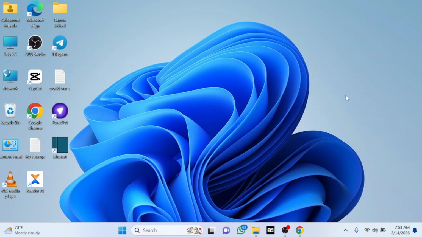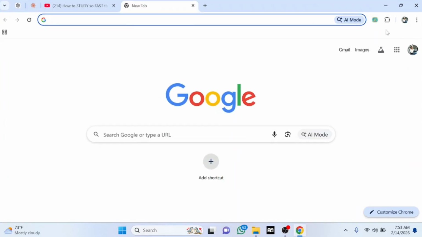How to disable where to save files on Google Chrome. Most of the time, if you want to save a file on Google Chrome, it requires a place to save it, but you want to disable this setting. It is very simple. The first thing to do is make sure that you have a Google Chrome browser